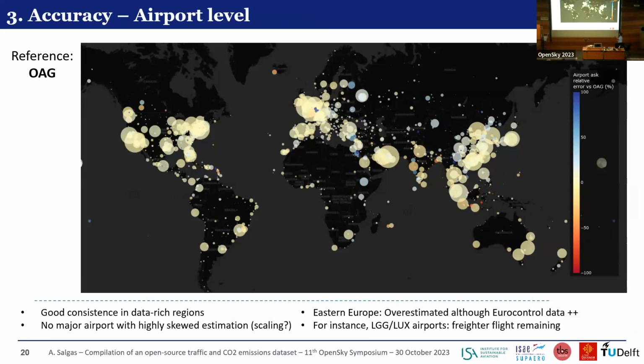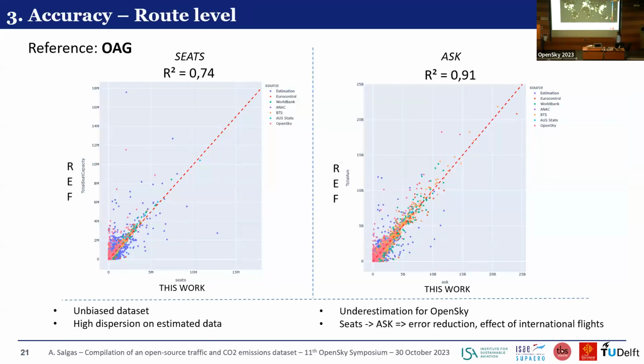For instance, Liège and Luxembourg airports here are very weakly estimated, with a very high overestimation. Looking at the core dataset, we saw that it was also linked to the fact that these airports are very big cargo airports, while they are very minor passenger airports. And some flights were included in our dataset labeled as passenger, while they are indeed cargo flights. So those are things that we could work on airport by airport to continue improving the dataset.